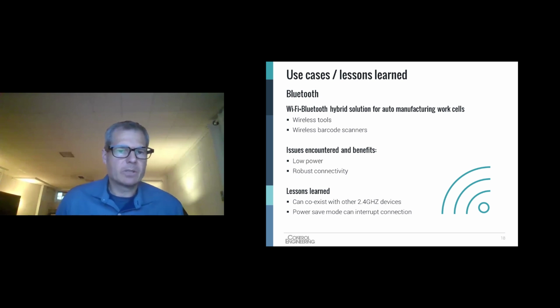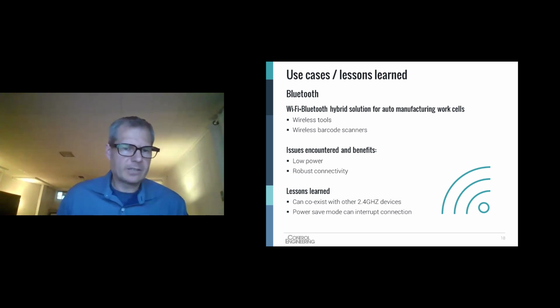So what are the benefits? Of course, low power, as I mentioned. Bluetooth is great because it has its own robust connectivity based on multi-hop technology. It's a really good technology within that low power space for remaining connected to whatever host and client spaces there are. It does a really good job of hopping around to find where the space is in the wireless spectrum just to remain connected. So I'm a big fan of it,